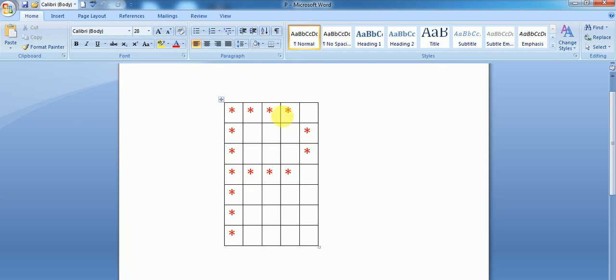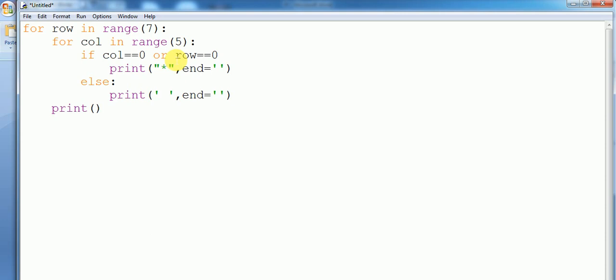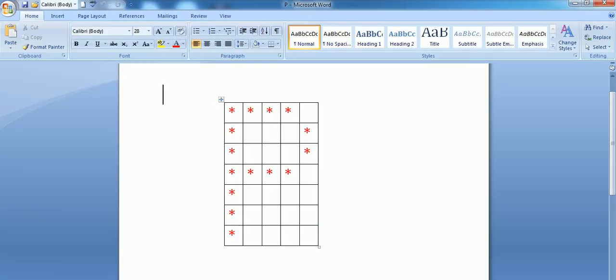Okay, so the condition is if column is equals to 0, first column is equals to 0, then another for row is equals to 0 or row is equals to what is that, 0 1 2 3. Okay,